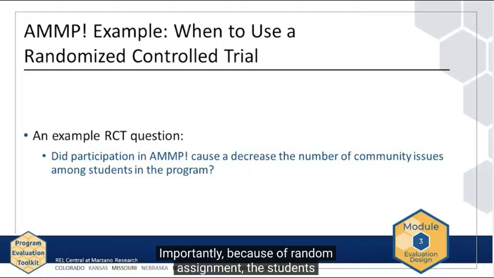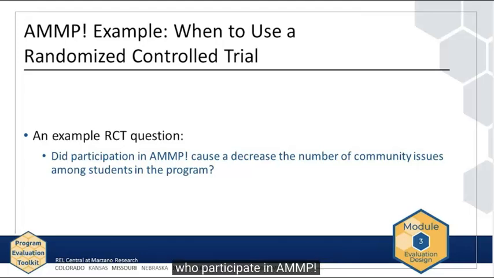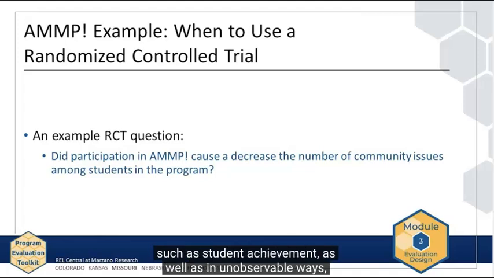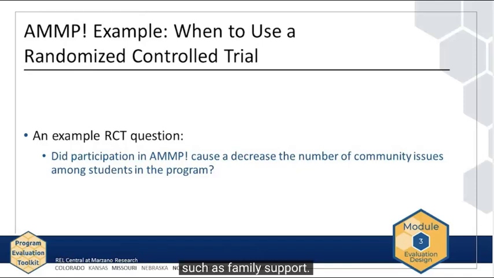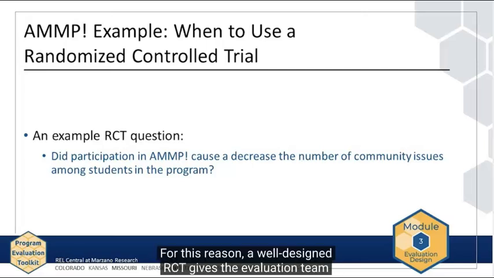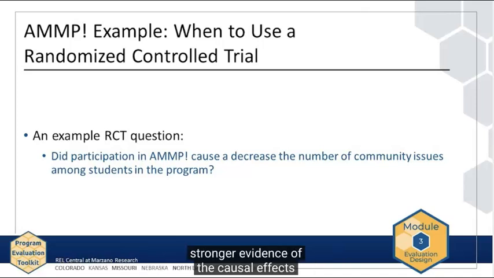Importantly, because of random assignment, the students who participate in AMP and the students who don't participate in AMP are likely to be similar in observable ways, such as student achievement, as well as in unobservable ways, such as family support. In a QED, unobservable differences are more likely. For instance, students who participate in AMP might have more family support than students who don't participate in AMP. Such support is difficult to measure but influences student outcomes. For this reason, a well-designed RCT gives the evaluation team stronger evidence of the causal effects of AMP than a